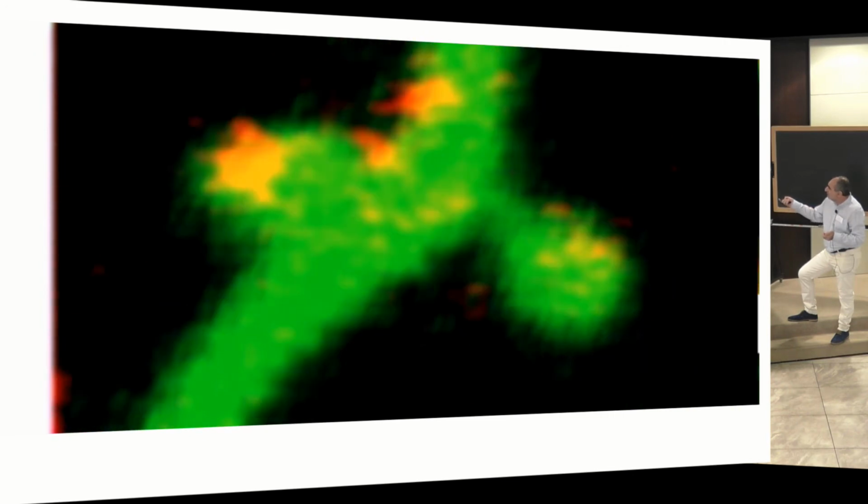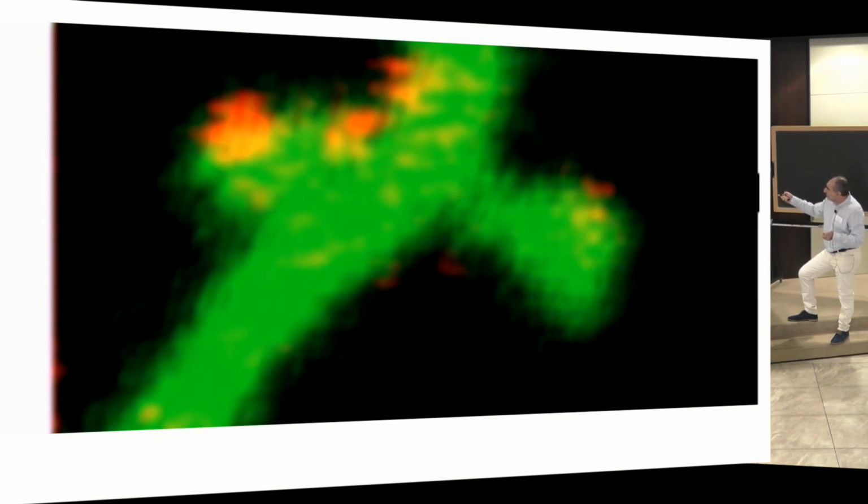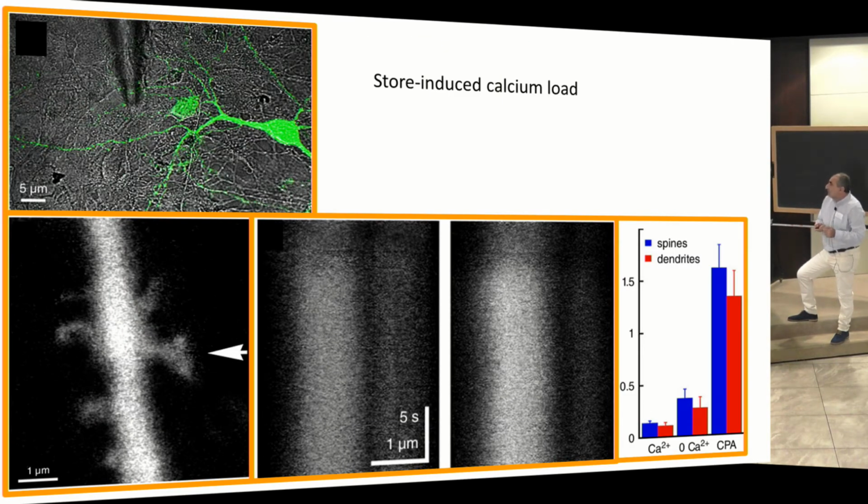Now, the next question we wanted to ask, one more movie, just a short one. Again, you see this spine is able to send some, this is a very big enlargement. So it was a very important question for us to understand if this ORI is functional, because maybe we see something artificial but it's not functional.